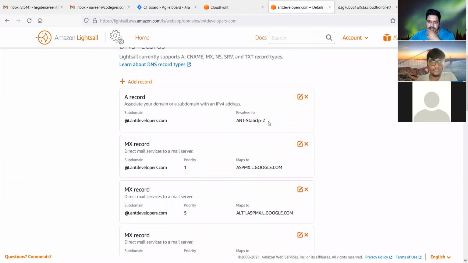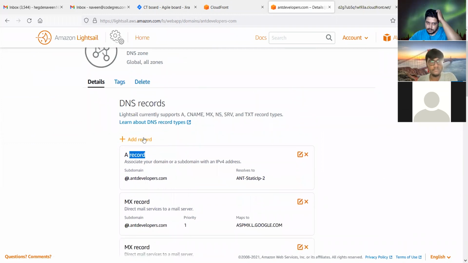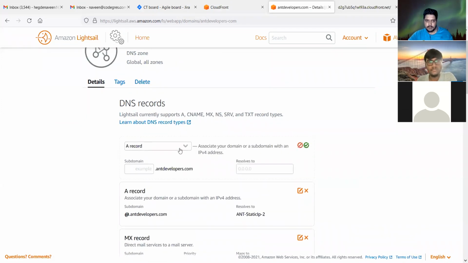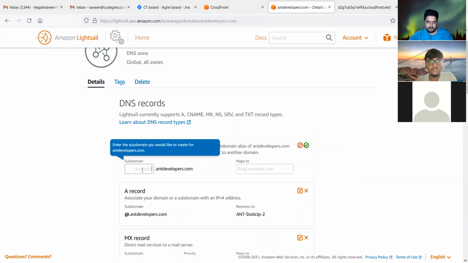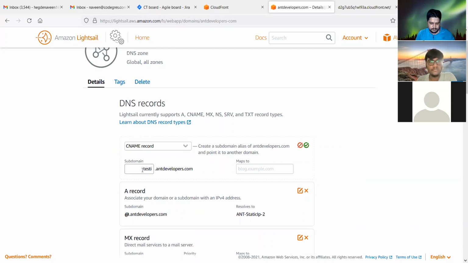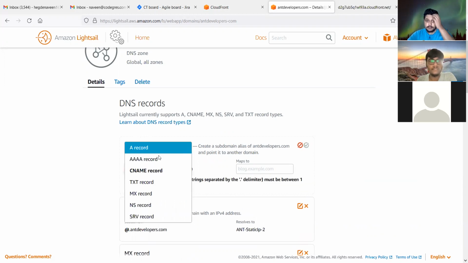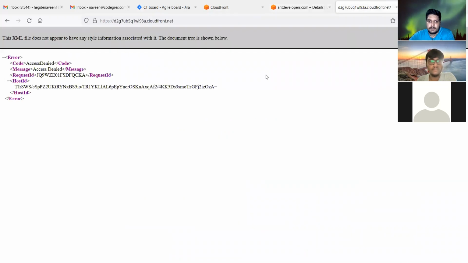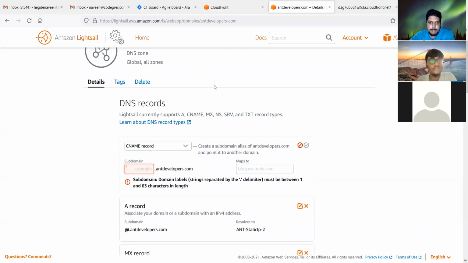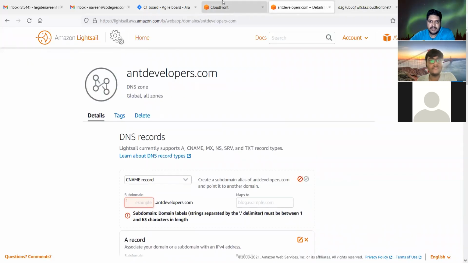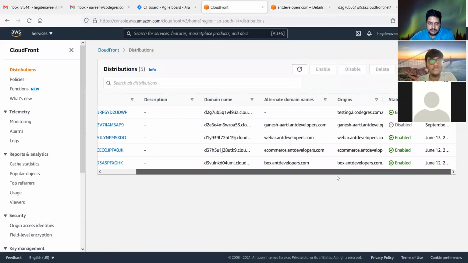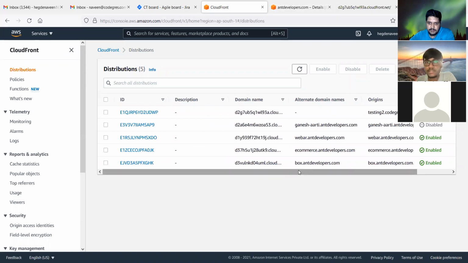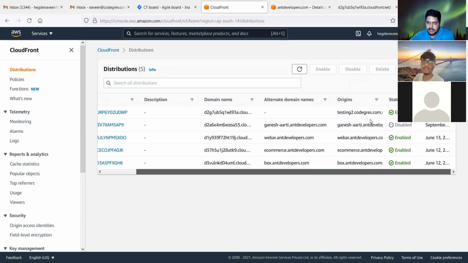So I create a CNAME. What have I put? I think I have put the bucket as testing2.codex.com.